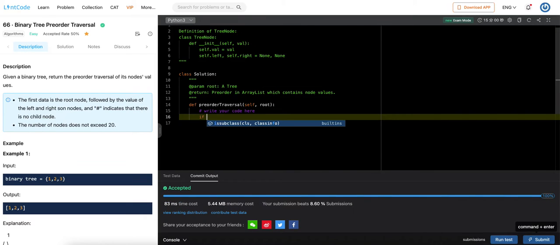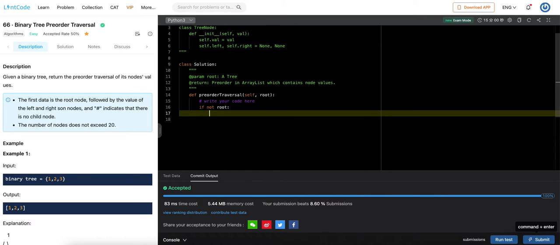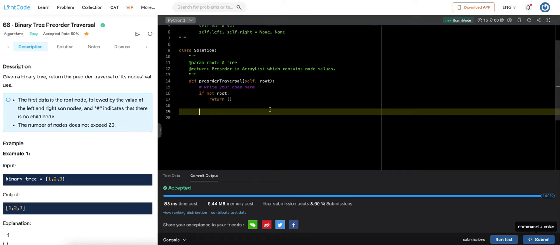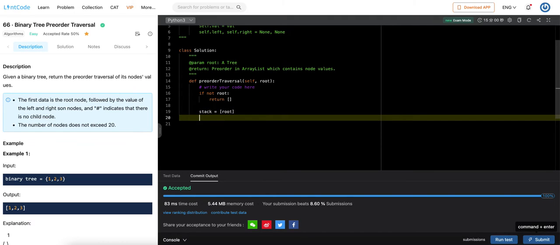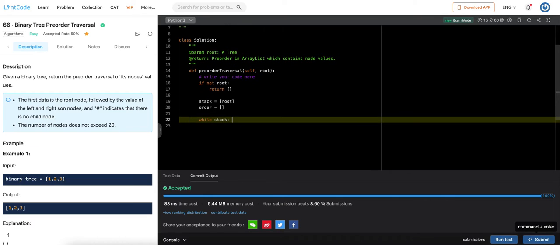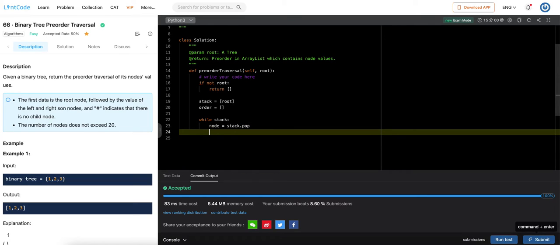So we start off with the sanity check. If not root, then return empty since you have nothing. And since this is a stack, you have stack, and initially you only have root on it, and order is the final result we want to return. And while stack, node equals stack.pop, and once you pop it off, since this is a pre-order,